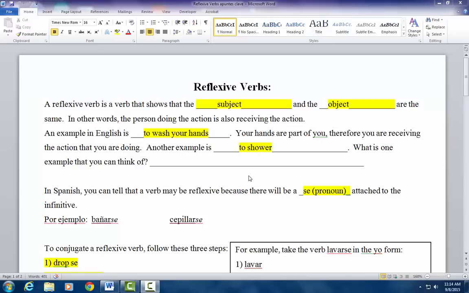Okay, today's lesson is on reflexive verbs. You should be in your packet. There's a page that looks just like this. Please follow along with me. Anything that I've highlighted in yellow, you need to write down in your packet. If I go too fast, as always, just simply click pause, or you can repeat the video as many times